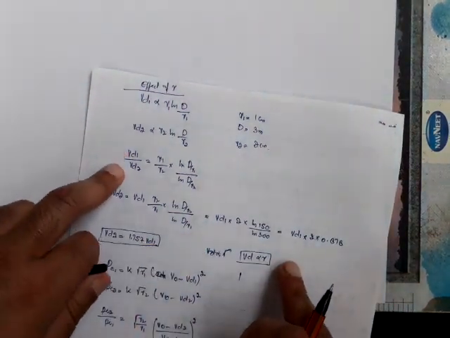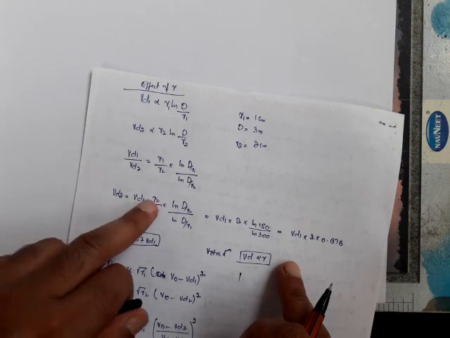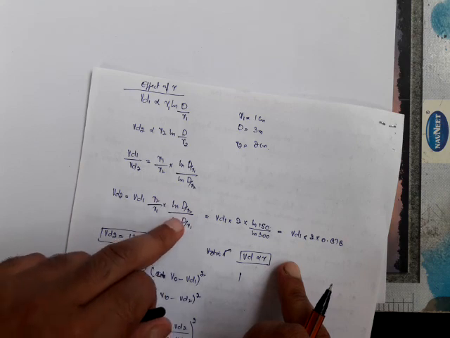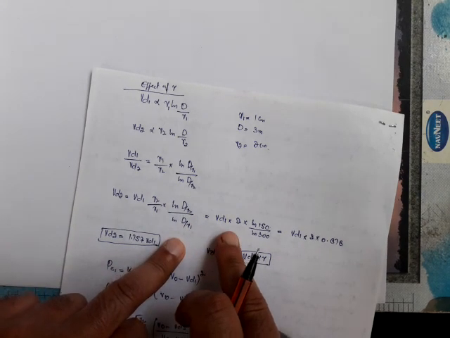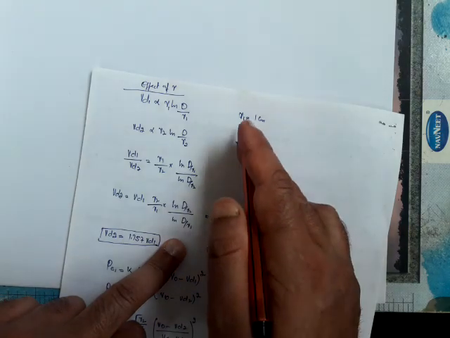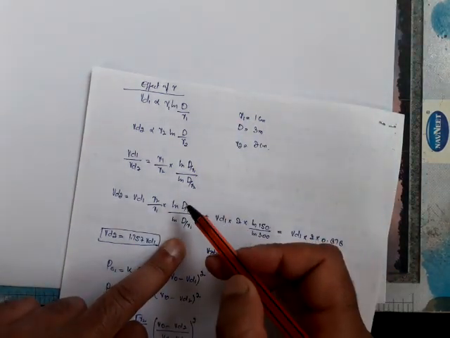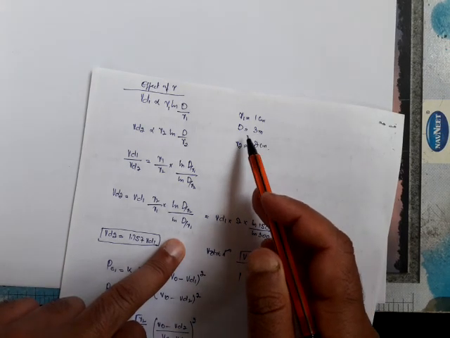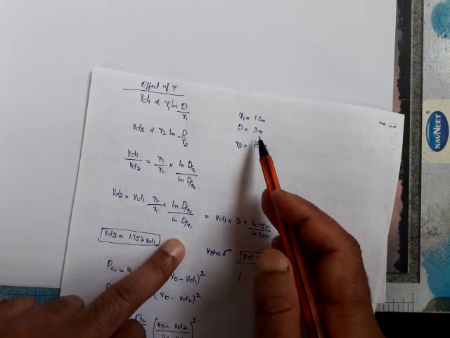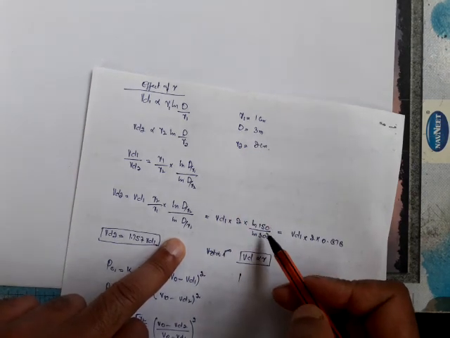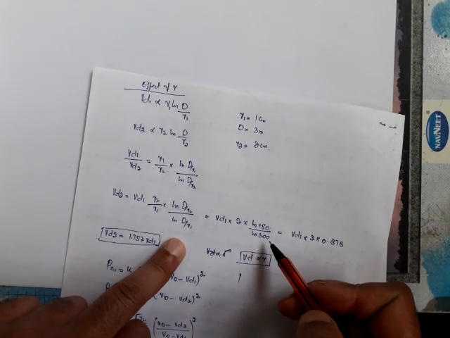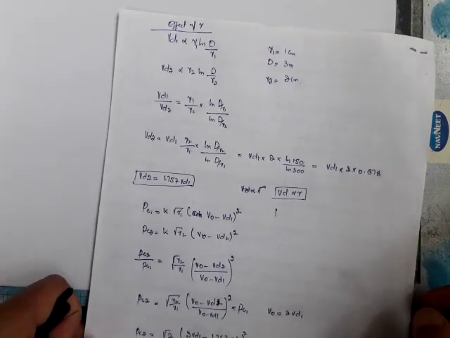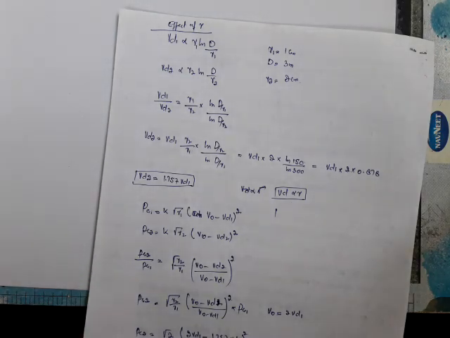So in general Vd2 is equal to Vd1 times R2 by R1 times ln of d by R2 divided by ln of d by R1. So Vd1 into 2, because R2 by R1 is equal to 2 divided by 1, into ln of d by R2. d is equal to 3 meters, that means 300 centimeters, divided by 2 centimeters, so d by R2 will be 150, divided by ln of 300, and that is equal to Vd1 into 2 into 0.878.